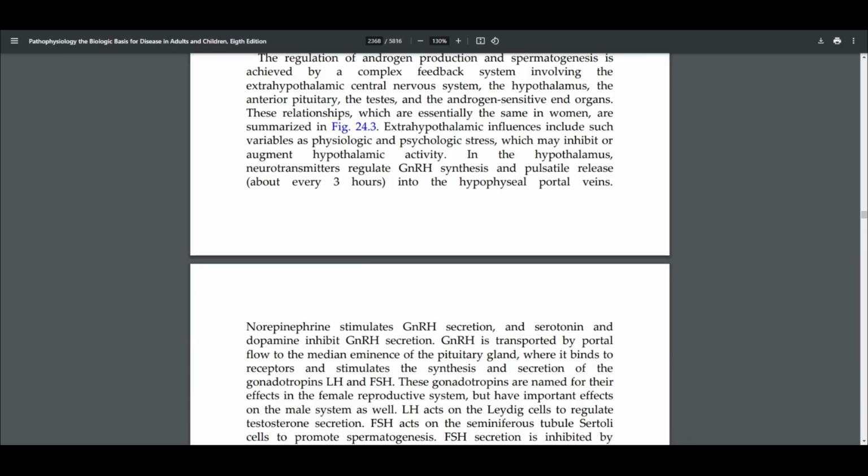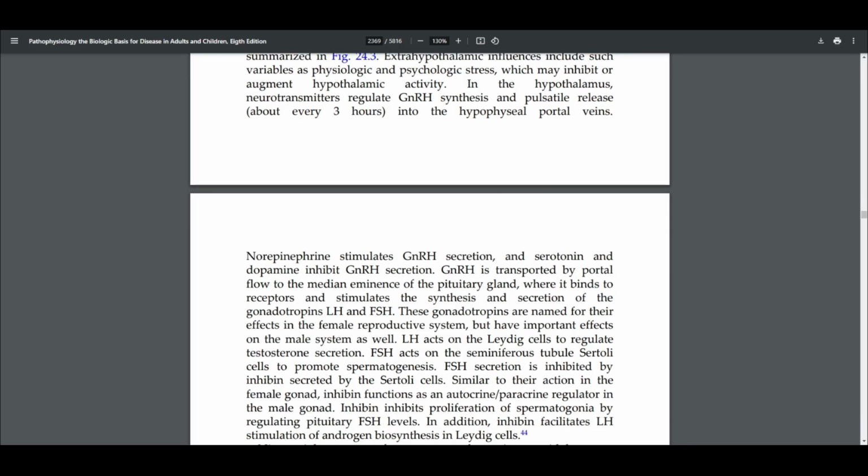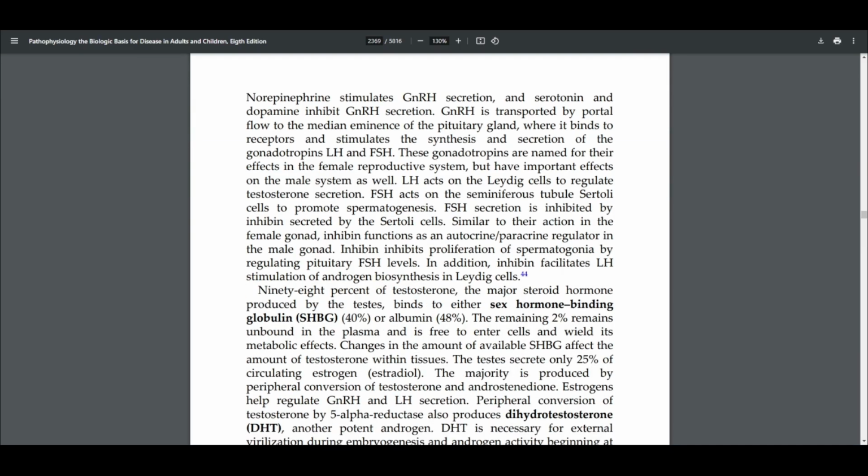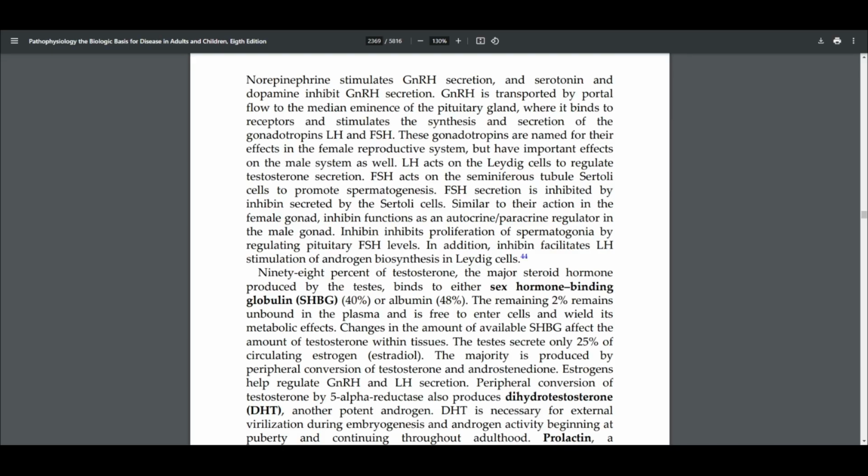Extrahypothalamic influences include such variables as psychologic and physiologic stress, which may inhibit or augment hypothalamic activity. In the hypothalamus, neurotransmitters regulate GnRH synthesis and pulsatile release into the hypophyseal portal veins. Norepinephrine stimulates GnRH secretion, and serotonin and dopamine inhibit GnRH secretion. GnRH is transported by portal flow to the median eminence of the pituitary gland, where it binds to receptors and